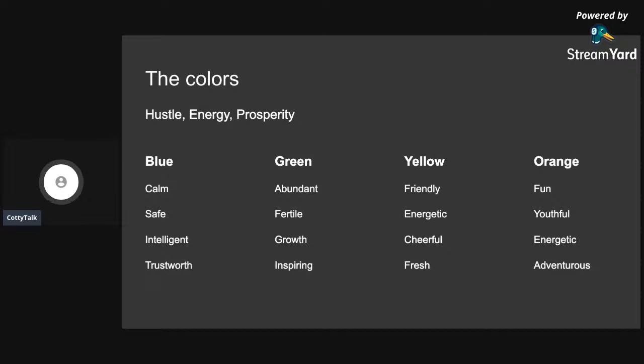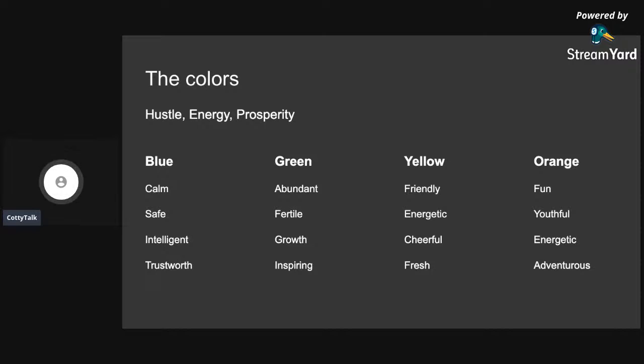Right. So off my head, I think for energy, yellow will be the color that will come to my head. And for hustle, I don't know, maybe something strong like a red or something. And for prosperity, maybe something like green to show like fertility and stuff. So I just tried to do a little bit of reading to see different colors and what those colors would depict. So I think I found orange was like the balance somewhere in between all these